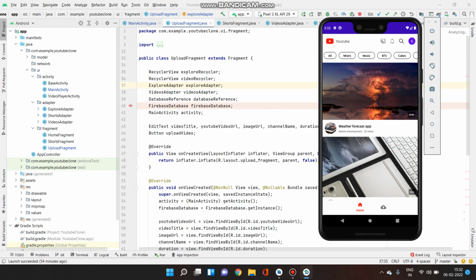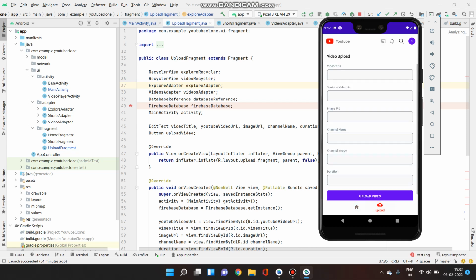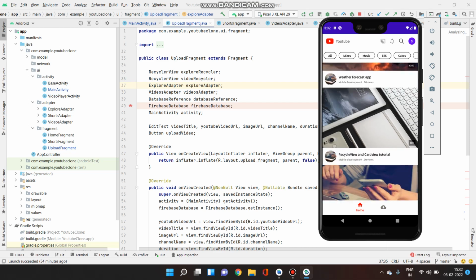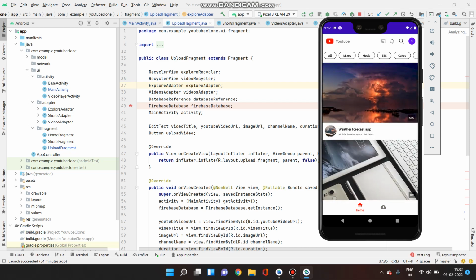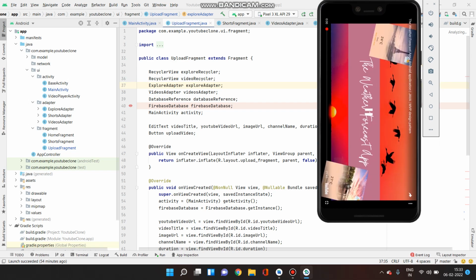In this video, I've tried to recreate the homepage of YouTube and I've also added an upload feature where I will be able to upload videos into a database, and that video will be retrieved and shown in this list. For the database, I'm using Firebase real-time database where I will add all these fields and upload the video. It will be added into Firebase real-time database and I will be retrieving the data. So I'll be showing the integration of that. And to play the videos, I'm using YouTube's Player SDK. So I'll also show you how the Player SDK integration happens.